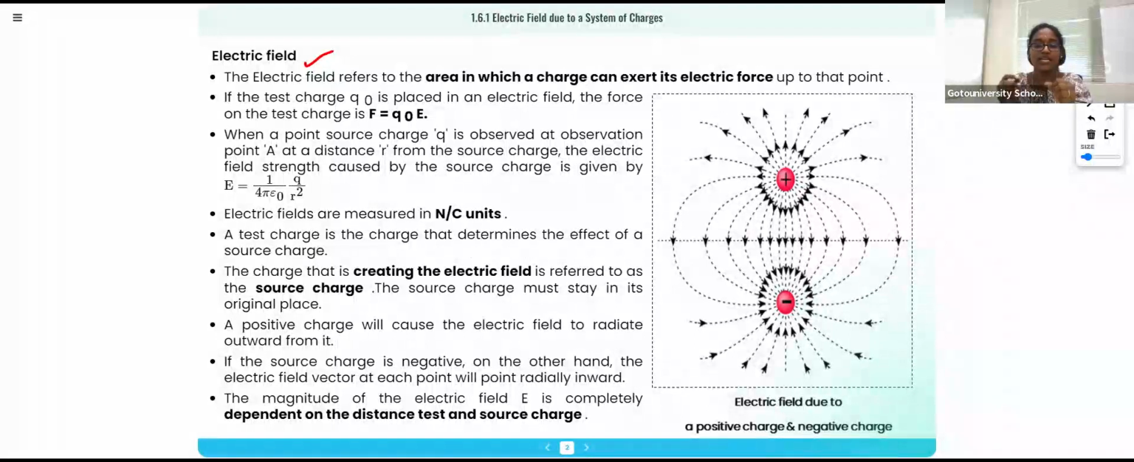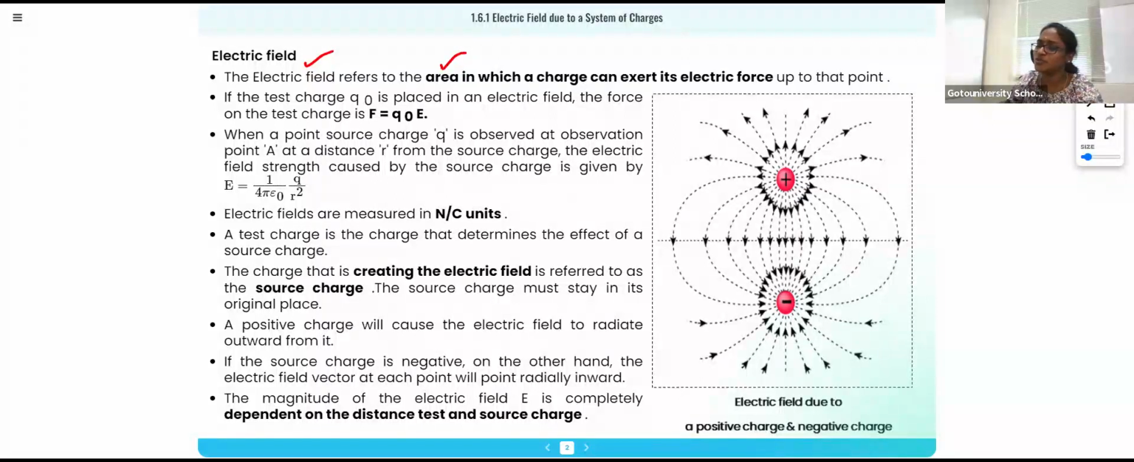Electric charges also. If I take a positive charge and bring another positive charge together, automatically it will get deviated at a particular distance. If I bring a negative charge and a positive charge, it will get automatically attracted when it comes to the particular distance, right? So that place is called an electric field. So we can say it is the area in which the charge can exert its property or its force. So the formula is written as F is equal to Q times